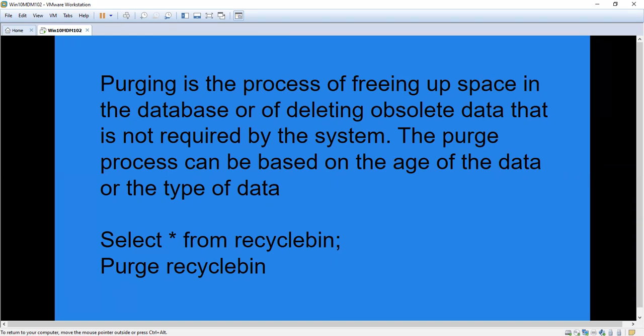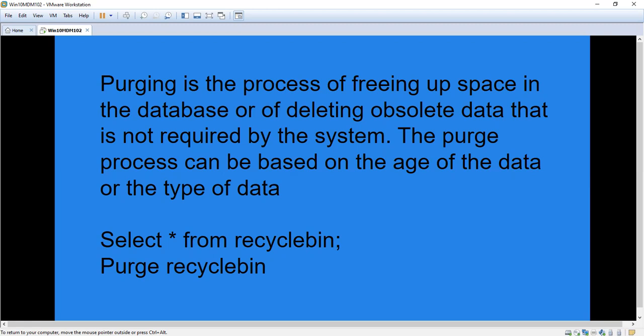We might have one application with around 100 tables, just for example. And in due course of time, say 3 or 4 years, most of the data will become obsolete. For example, one person, John David, is residing in a particular area. He might switch his residence to some other place, so the address will change. We cannot keep the same address in the address table. The data is getting obsolete, so we can remove the data permanently. Five years of data, six years of data, at that time, instead of deleting, we can just purge the entire data.